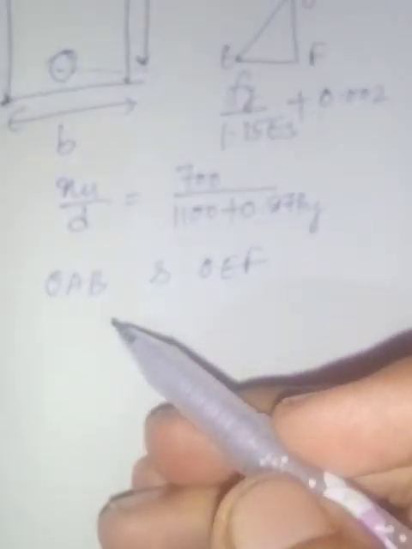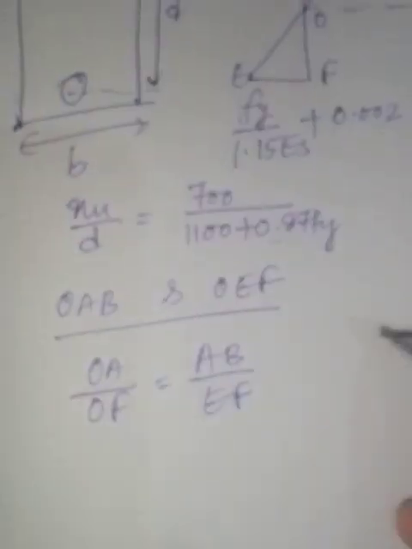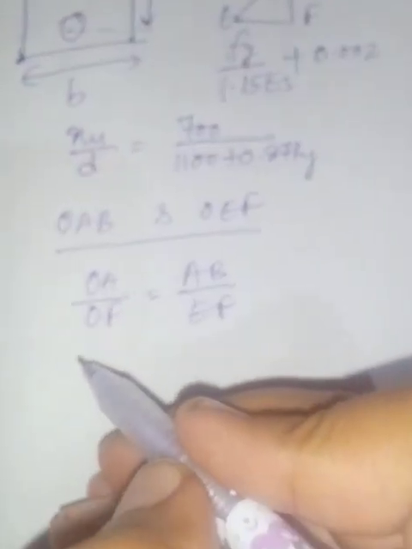Consider the triangles OAB and OEF. Then OA ratio OF is equal to AB ratio EF, implying OA value is